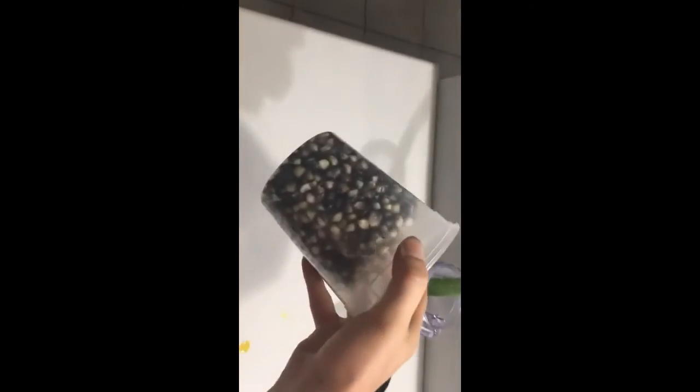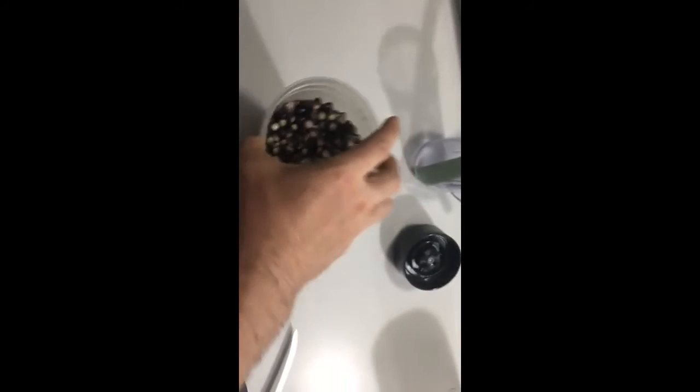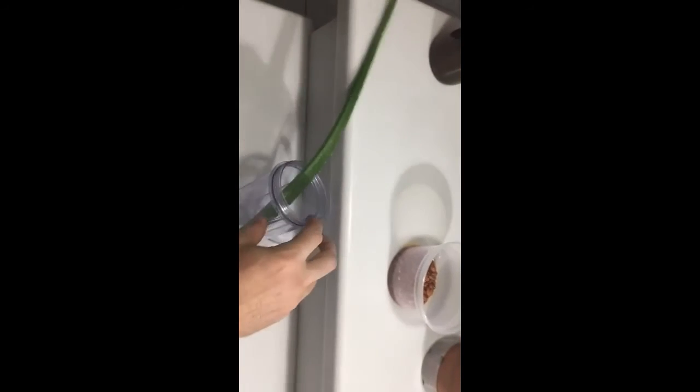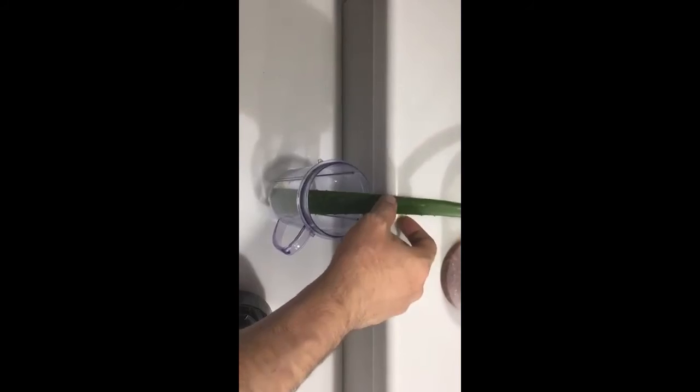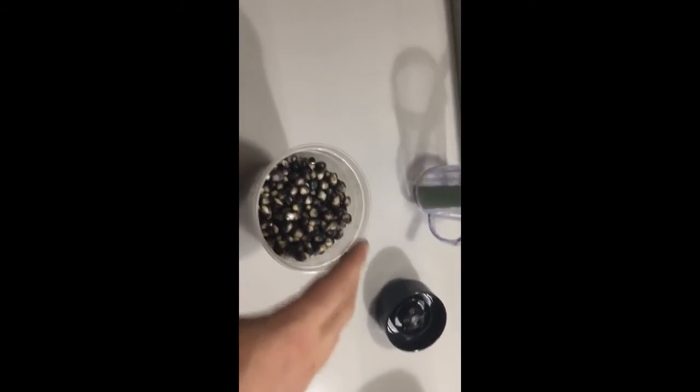Okay, now the next part, preparing the sprouts. Now they're not as sprouted as they should be. You can see they're just starting to sprout now. Anyways, I'm trying to extract the enzymes, and the sugars inside of this corn will provide carbohydrates for the bacteria that's going to be from the soil sample. And this is aloe that I cut from my plant collection, so everything is all natural. I'm feeding it corn and aloe and stinging nettle. Anyways, I'll extract all this with a knife,